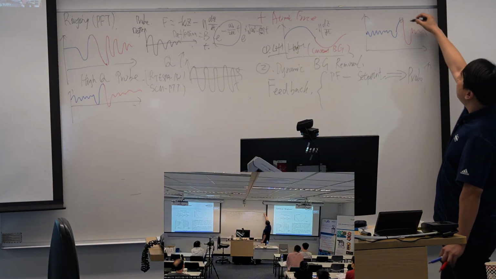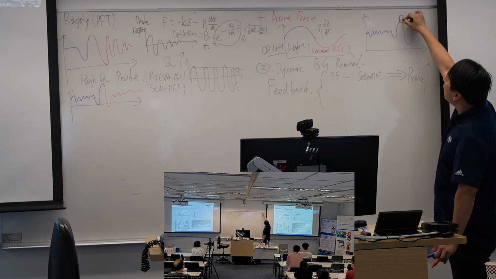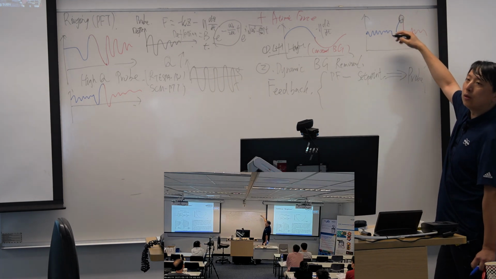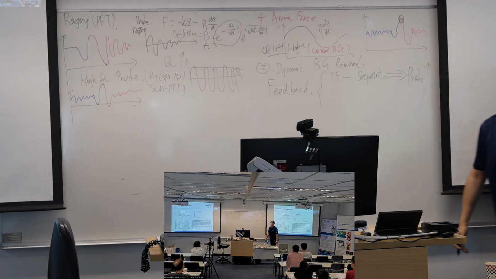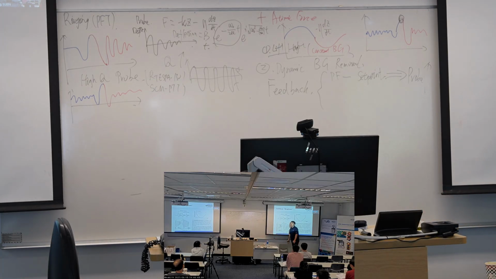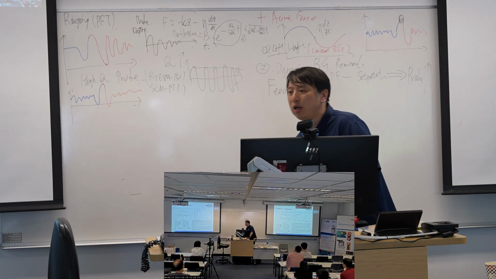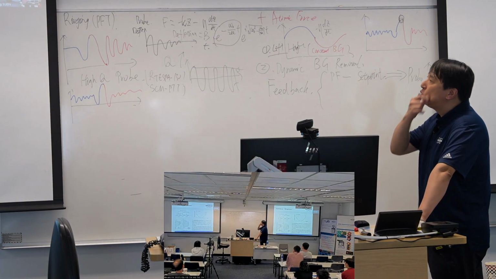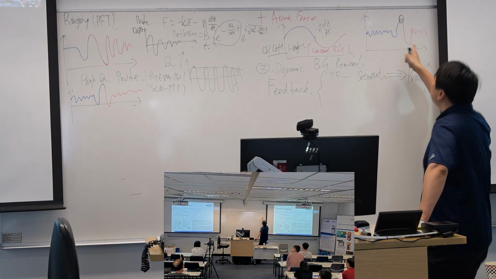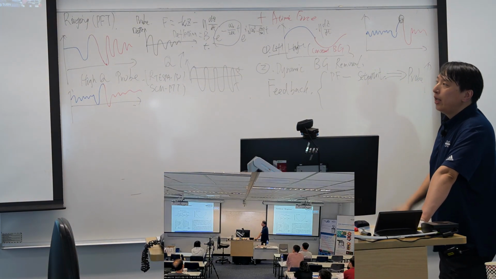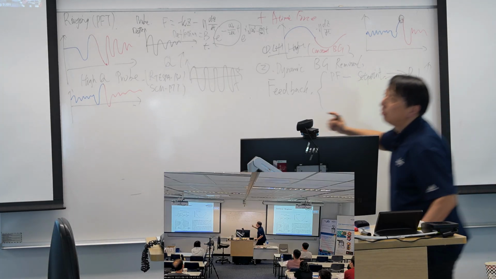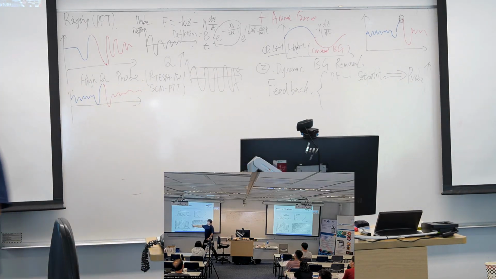So the point here is we need to capture the vertical value or the force value at this point. Then the question is how? If we just use some certain algorithm, we just take the maximum force in one period, we may face a problem